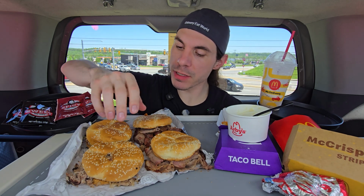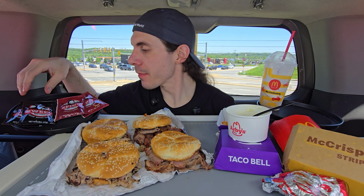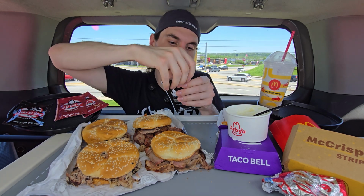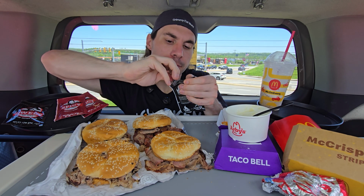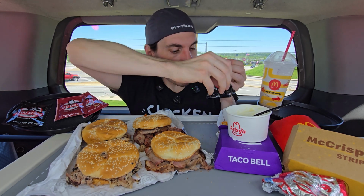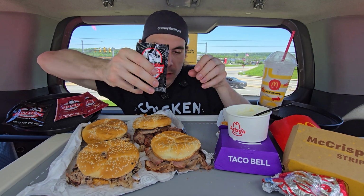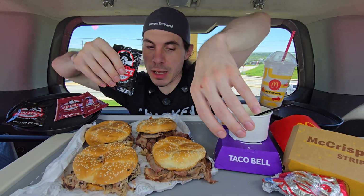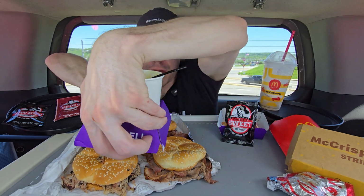All right, so we got two briskets, we got two pulled porks, and I gotta sauce them myself, I guess. I think I'm gonna start off with the sweet. Now, I'm supposing that I should hold these up to the camera, but these are so messy that I'm not gonna do that because I'm not trying to make a giant mess. What I will do